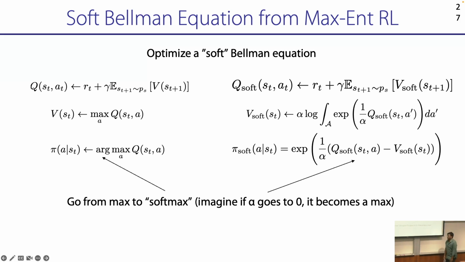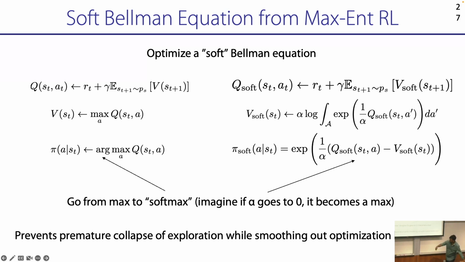And if you want to work out how we get to the right-hand side, it's a useful exercise. Just take the definition of the Q function that I've written here and try to expand it the same way we expanded the normal Bellman equation, and just plug in the value of pi into the entropy term, right? And then you should get it, right? So you can write the Q function as the sum of rewards plus entropy. Plug in this definition of pi, and you should be able to derive this. I'll leave that as an exercise, right? But